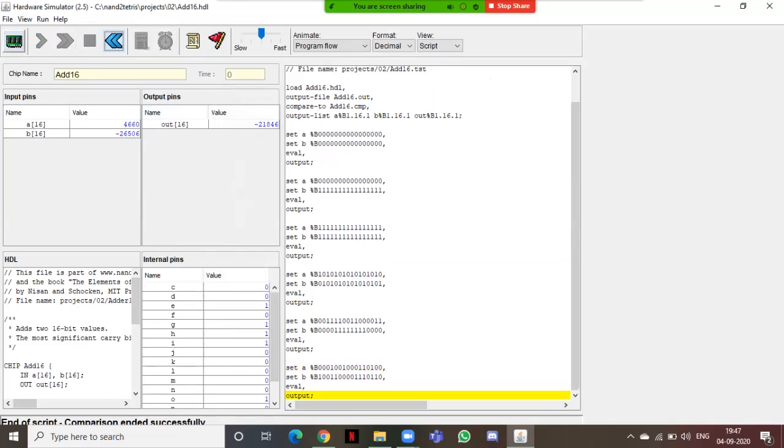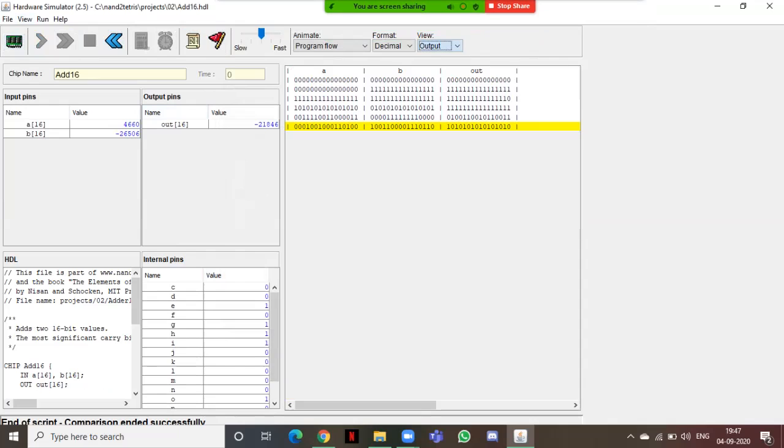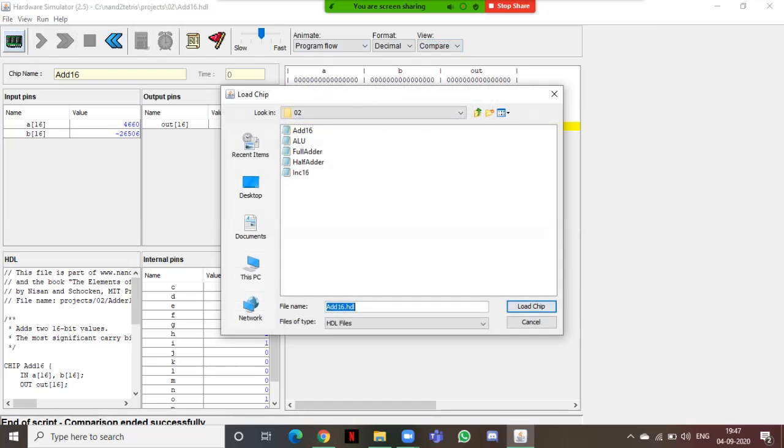Done. Then I'll show you the output. See, 16-bit output of add. We'll compare it and we'll move to our next.